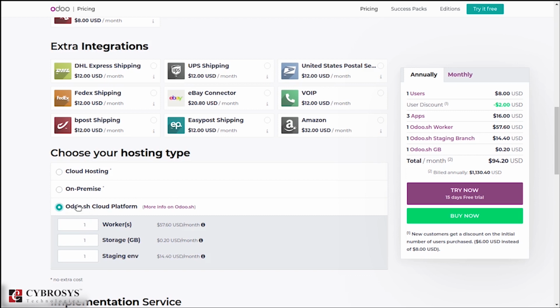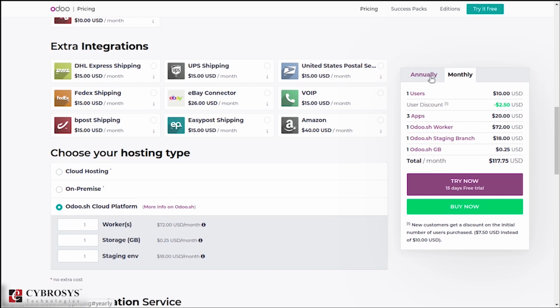And here you can see when I included Odoo.sh, certain other things are also added. Basically it depends upon certain options over here, that is workers, storage as well as the staging environment, and for each one you can see the prices provided over here itself. So here you can see the particular computation on an annual as well as monthly basis.